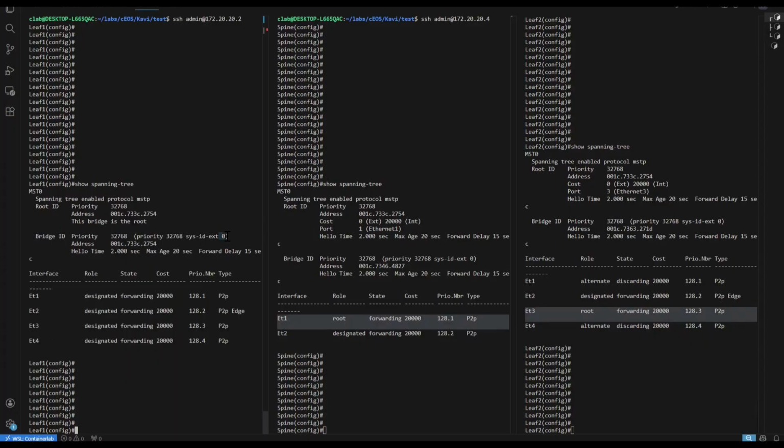So we'll also be configuring RSTP as well as Rapid PVST later in the video. In Rapid PVST, we'll see different bridge IDs, because it will be priority plus SysID plus VLAN ID, because each instance will have its own instance ID, which is basically the VLAN ID. So we'll have a different bridge ID for each instance. But I'm not going to talk much about Rapid PVST,